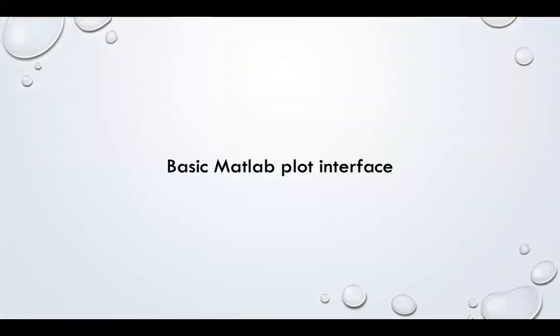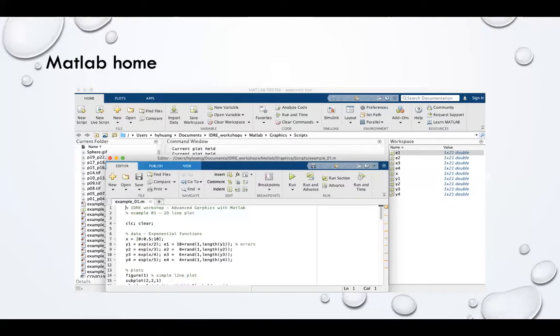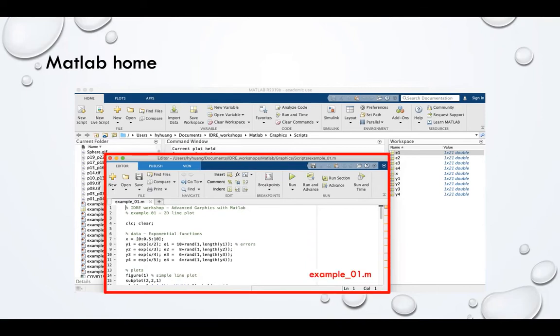So let's review some basic Matlab plot interface. When you open the GUI interface on Matlab, this is the example one, you can see right over here. You don't need to exactly write the script, you can just type everything in the command window. After you type something and run it, you can see the variable in your workspace. If you select any variable, say E1, and click the plot on the corner here,